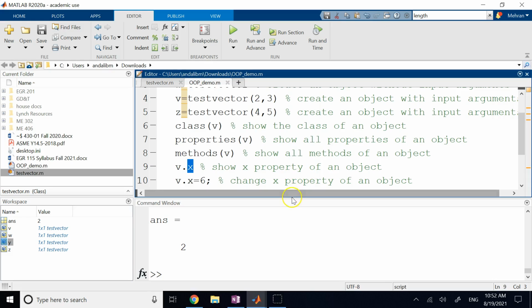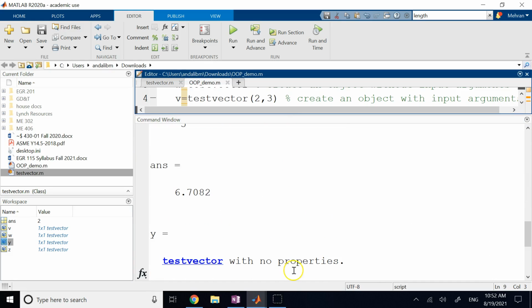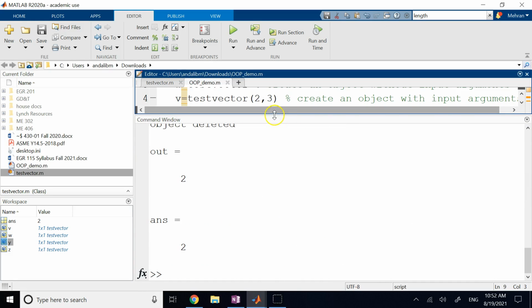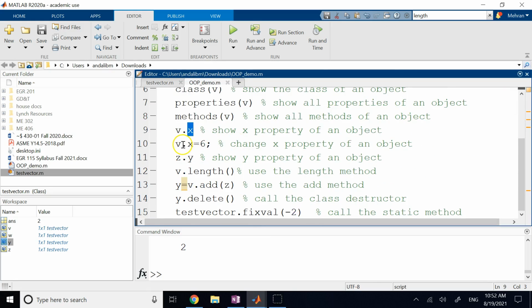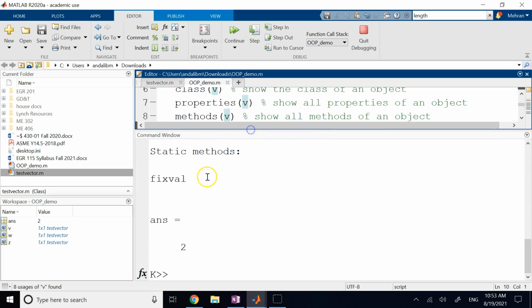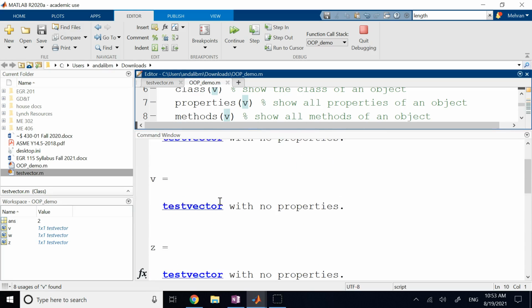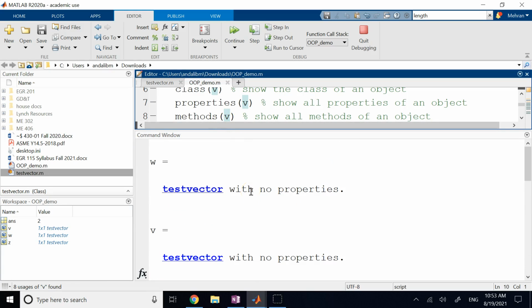Let me just stop it at line 10. Here we go. So when I said what is property of